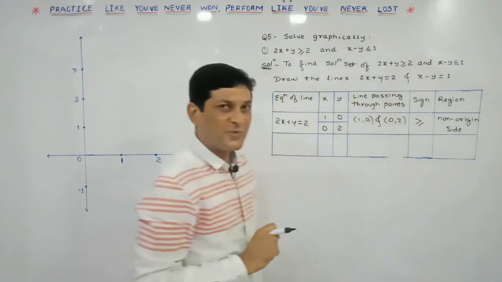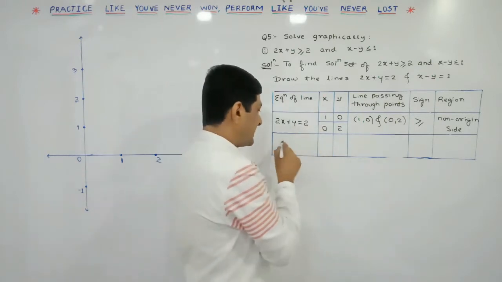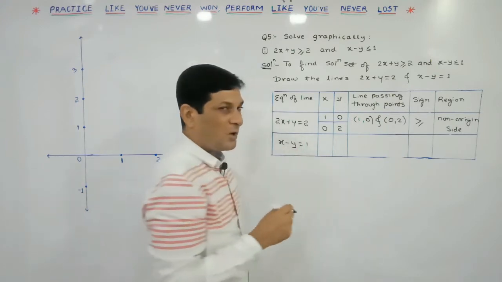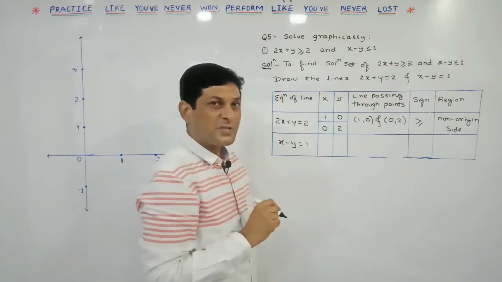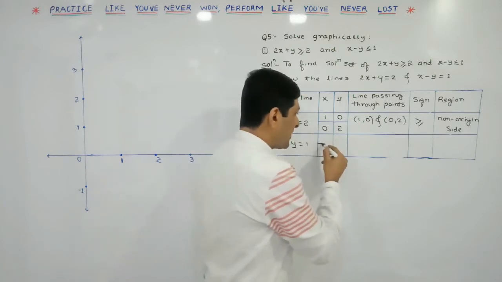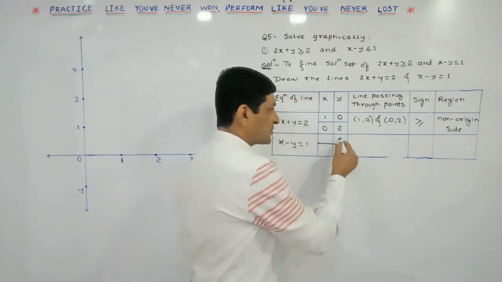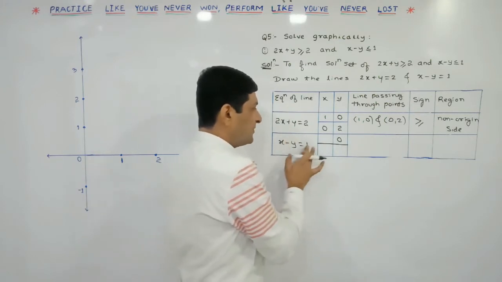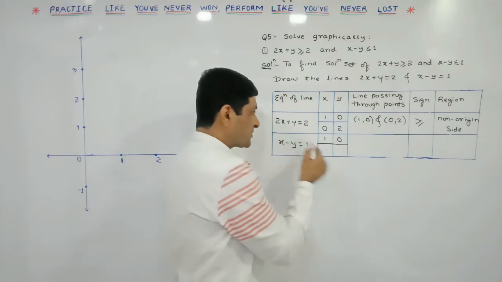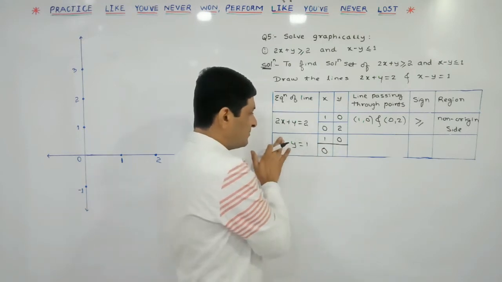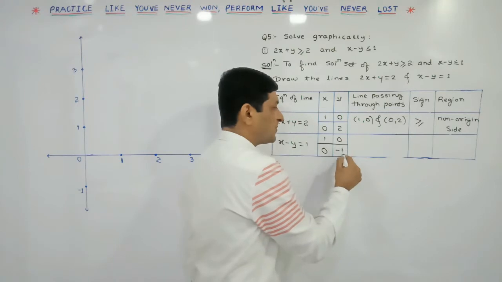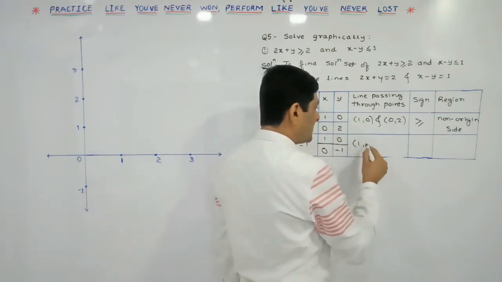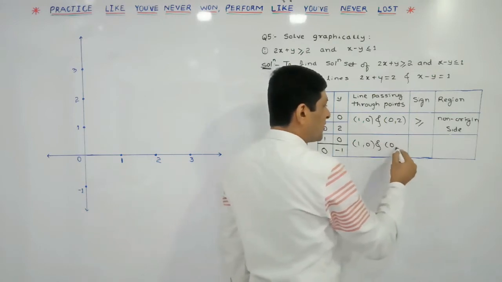Now let us try to find the coordinates of 2 points on the line. The second equation of the line is x minus y is equal to 1. Here also all the three terms are present. If three terms are present, then use the same method which you applied in the last example. First substitute y is equal to 0. This term will become 0 and we will get x is equal to 1. If I substitute x is equal to 0, then this term will become 0 and minus y is equal to 1 means y is equal to minus 1. In this way we can say that this line passes through the points (1, 0) and (0, minus 1).